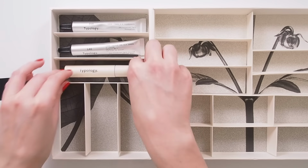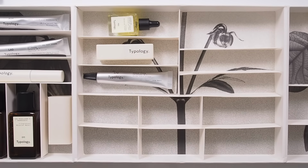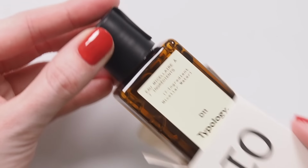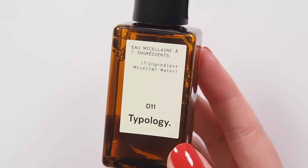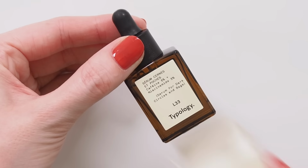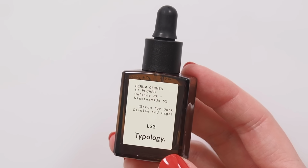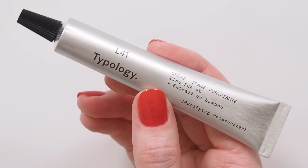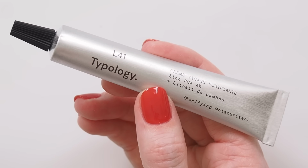I will give you a quick rundown of the rest of the contents now. If you want to skip spoilers, completely understand. I love a surprise unboxing too. We have 7-ingredient micellar water to take off your fluttery mascara, a serum for dark circles and eye bags after too many late night December deadlines or celebrations, purifying moisturiser for oily skin types to prevent blemishes and reduce shine,